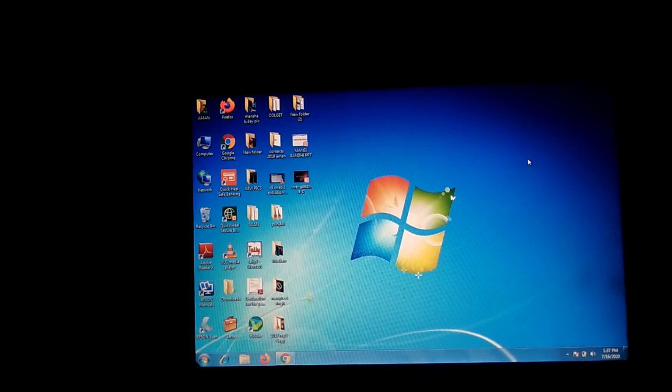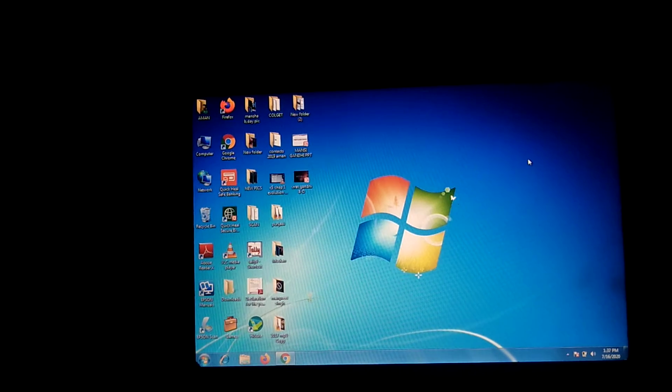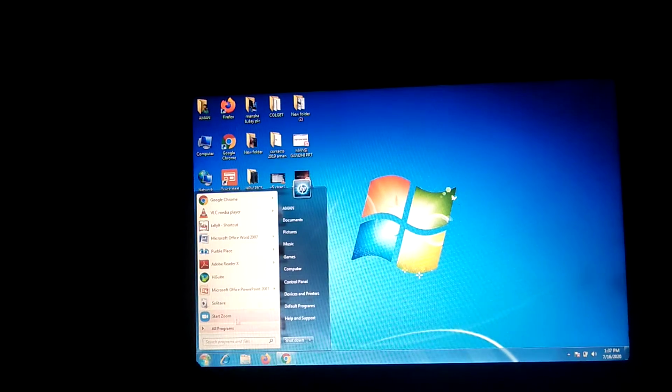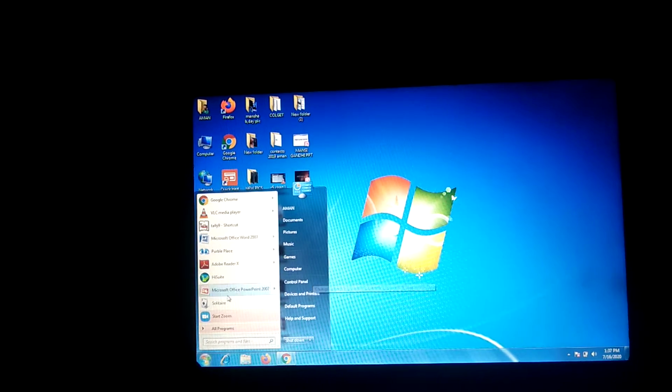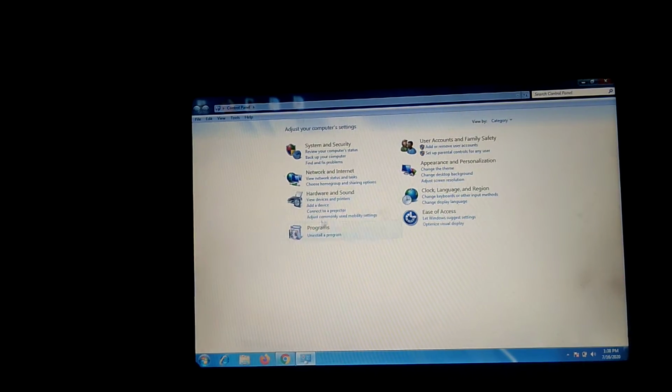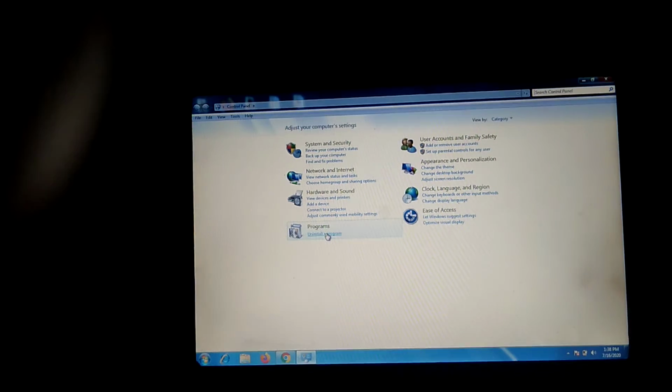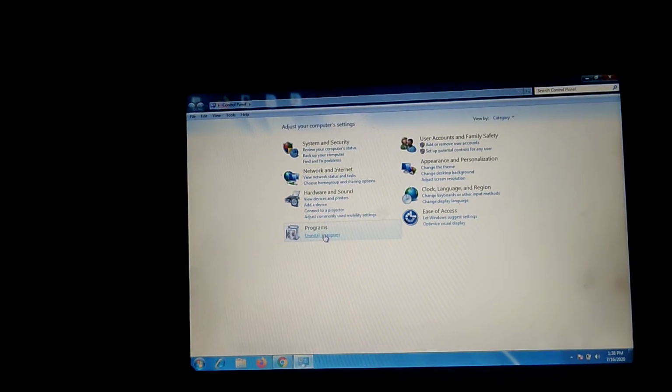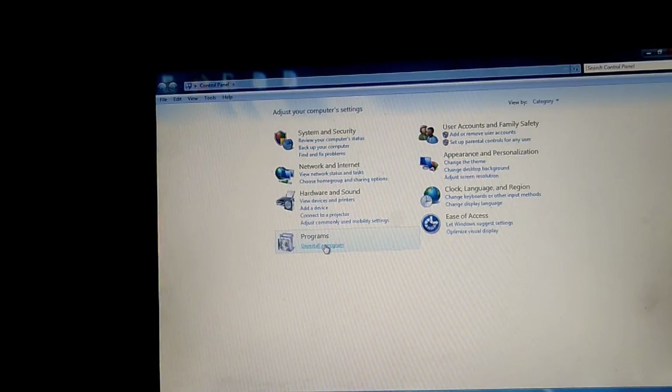If I want to uninstall any of the programs installed on my laptop, how will we do that? See, first of all, you will go on the start button. After that, you will go on the control panel. See, just now we have installed Zoom. It is showing over here, the program has come, start Zoom. Fine. So now we'll go on the control panel, the second step. After that we'll go on programs, and under programs you can see it is written uninstall a program.